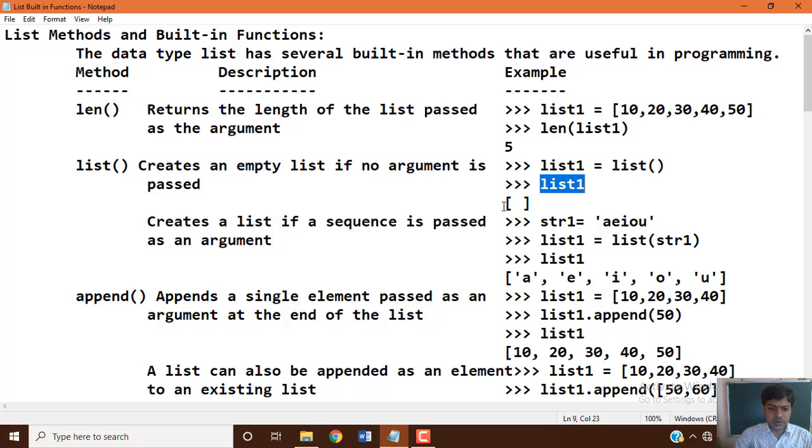In the same way, you can pass a sequence as an argument. Let's take another example.